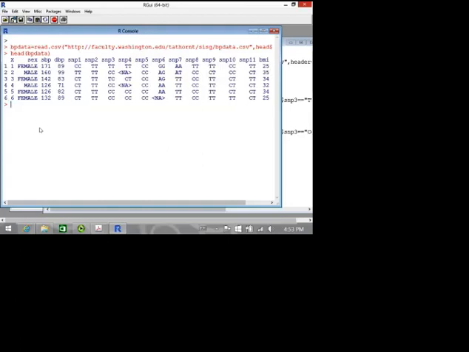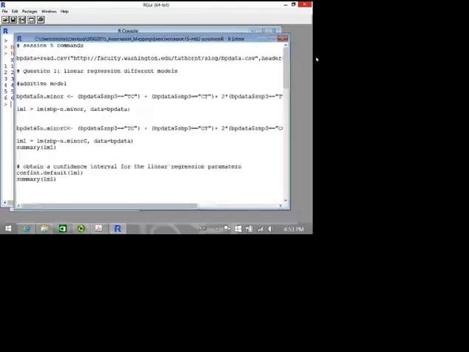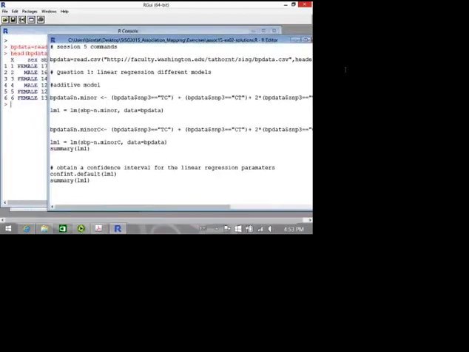Okay, so looking at trying to identify SNPs that may be involved with blood pressure. Okay, so create an additive model, but first we need to change the genotypes into count. So we're going to let the